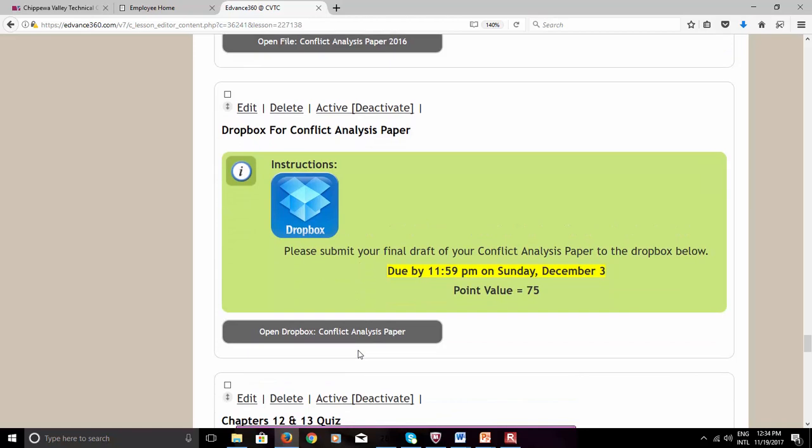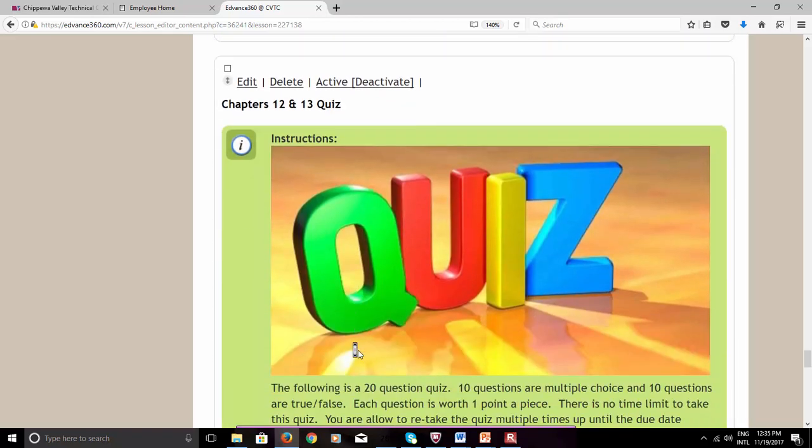This paper is worth 75 points. It is a major assignment. You want to make sure that in order to get full credit, you go through each of the guidelines I've given you. Make sure you address each of them and have your paper in the format that I require. Submit to the Dropbox, and then to end the lesson,